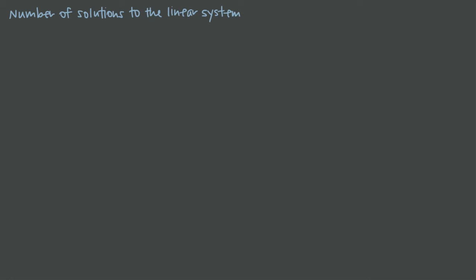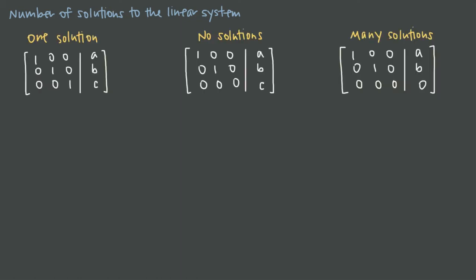Up to this point, most of the systems we've been looking at have exactly one unique solution. And we hinted at this earlier, but that's not always going to be the case. Sometimes a system will have one unique solution, but other times the system will have no solutions or it'll have many solutions. So there are always three possibilities when you're dealing with a linear system: one solution, no solutions, or infinitely many solutions. And in this video, I want to look at how you determine how many solutions there are